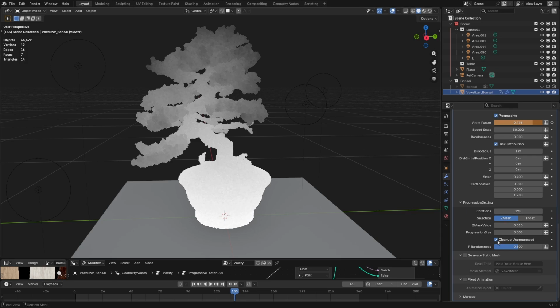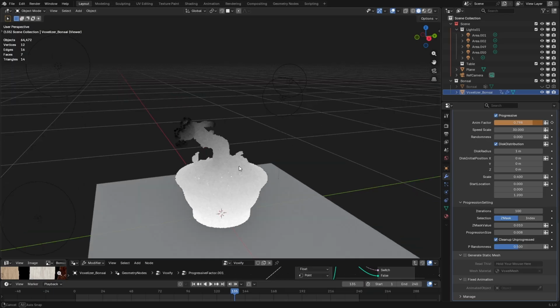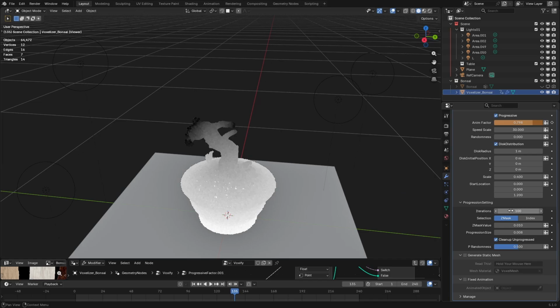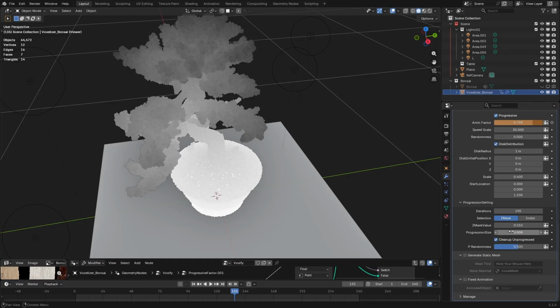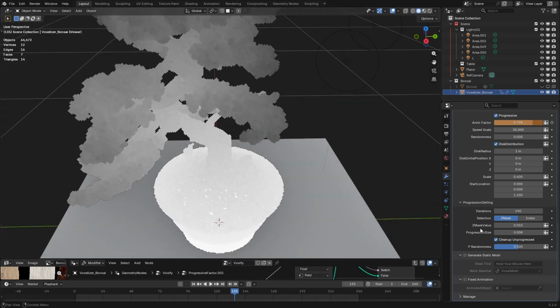For example, you can see this cleanup unprogressed. If I disable this and let's set this to 100, half of the bonsai is unprogressed, right? So if we enable cleanup unprogressed, it is going to remove that half of the tree that has been unprogressed. However, we do not want to do that. We want to just set the iteration to something larger, or if we can, set the progression size to something larger to make sure every point, as many as possible, have been progressed through, and not delete anything as much